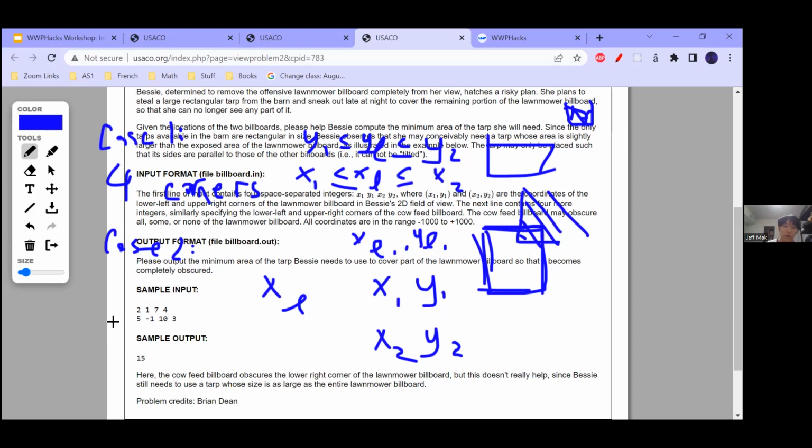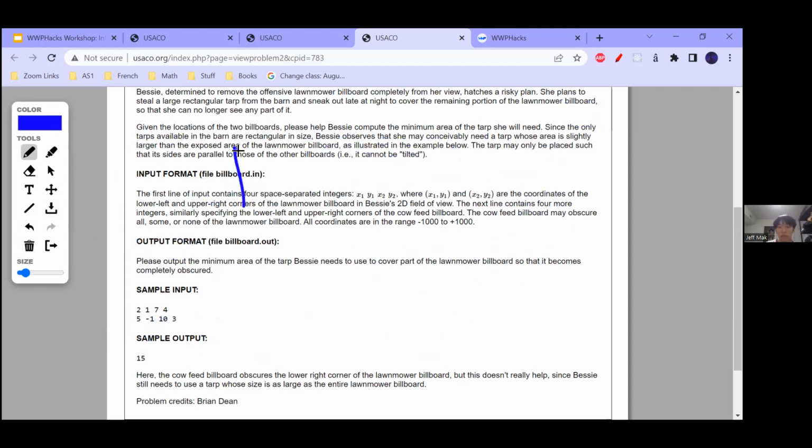And then the final case is if there are 2 corners covered.